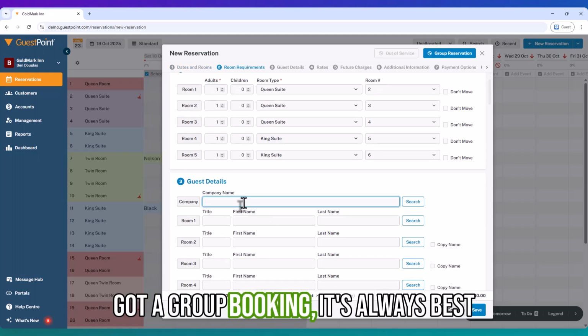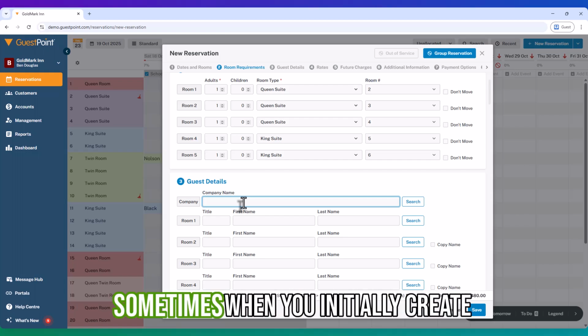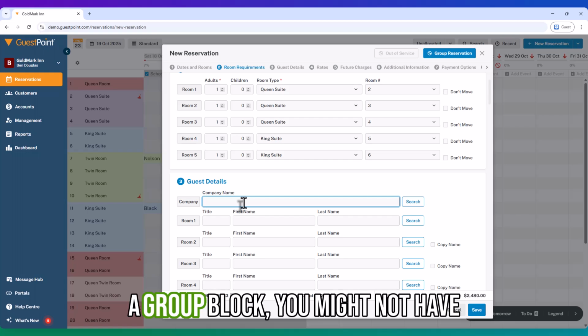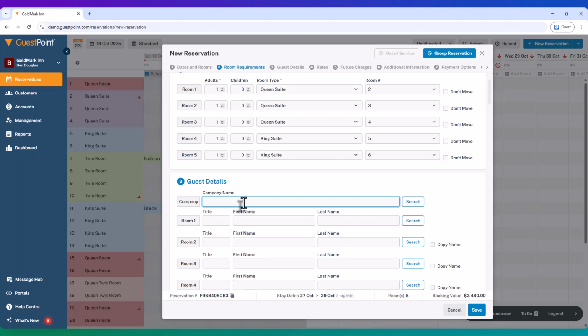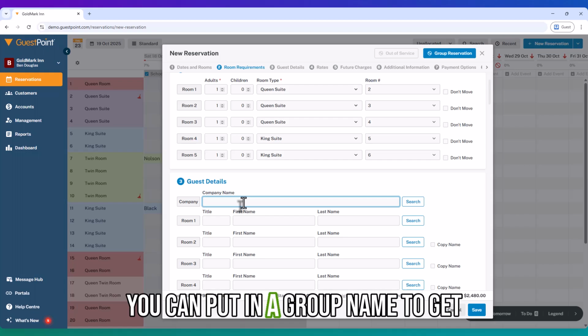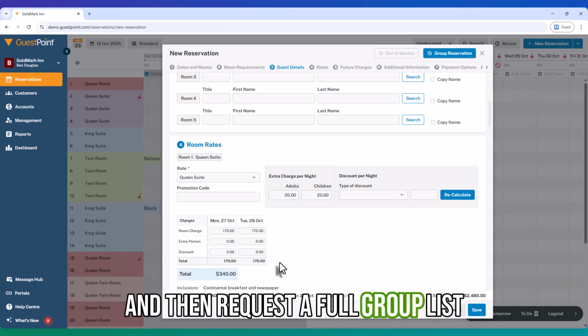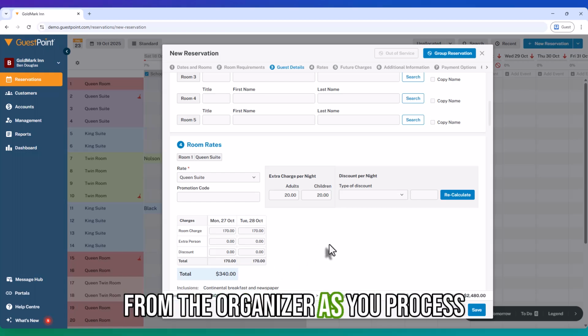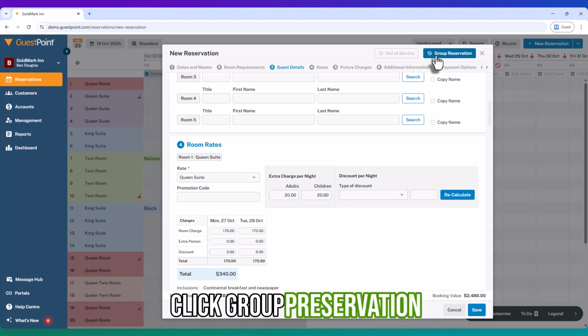When we've got a group booking, it's always best to have a full list of guest details. Sometimes when you initially create a group block, you might not have all of this information. You can put in a group name to get started, and then request a full group list from the organizer as you process the group. So we're then going to click Group Reservation,